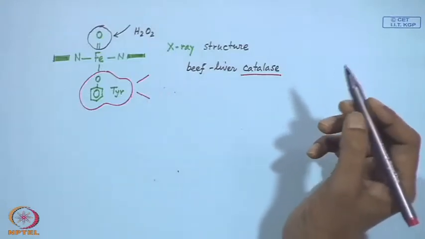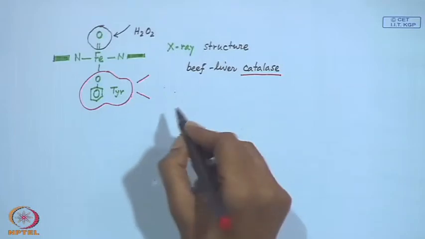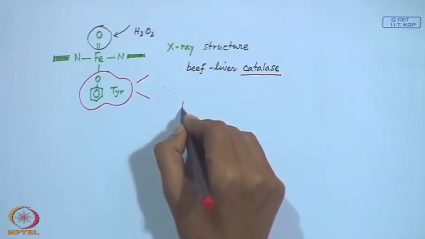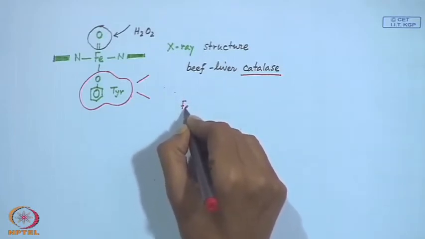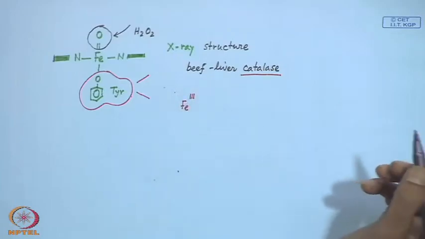So, in this particular case, when you have separate isolated sites, for catalase, if we go for any such species which is iron, say in the trivalent state,